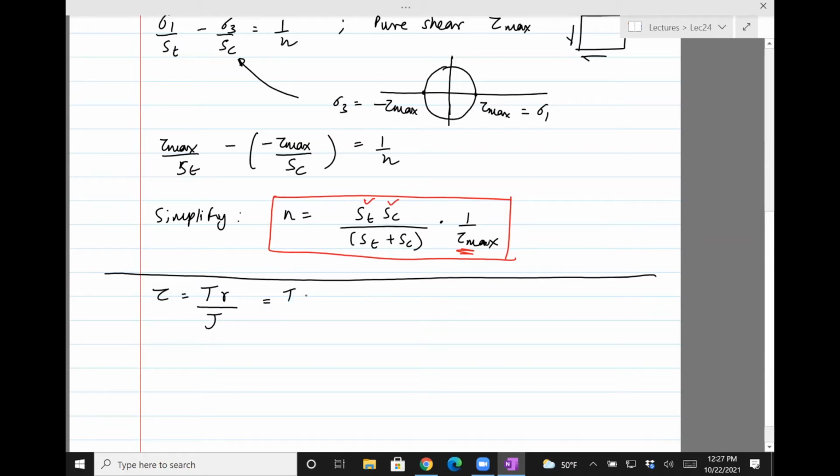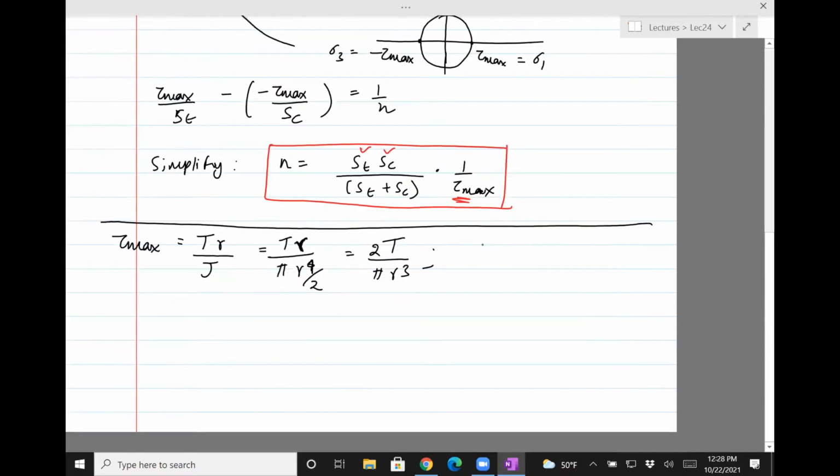T times R. The polar moment of inertia for a solid shaft is pi r raised to 4 divided by 2, and so this is T times 2 divided by pi times r cubed. Okay, so by the way, this is tau max because I put the radius in my equation. Wait, you have R to the 4 in one and R cubed in another. Yeah, there's an R up here, and there's an R to the 4 down here, so it cancels. So from this, tau max equals